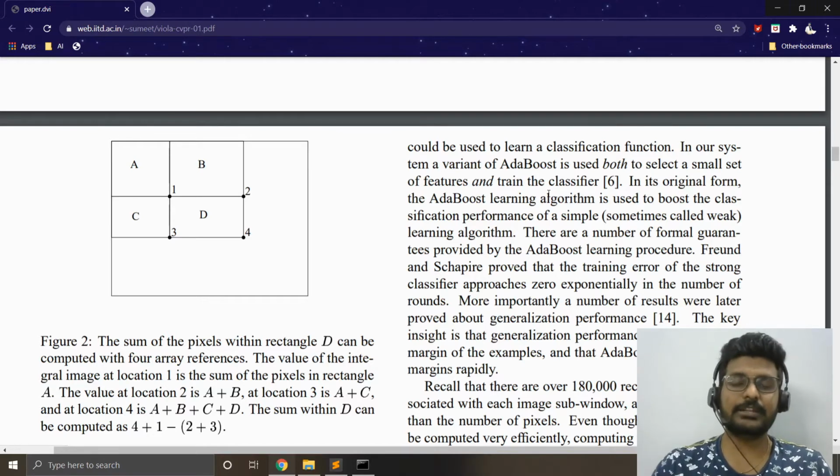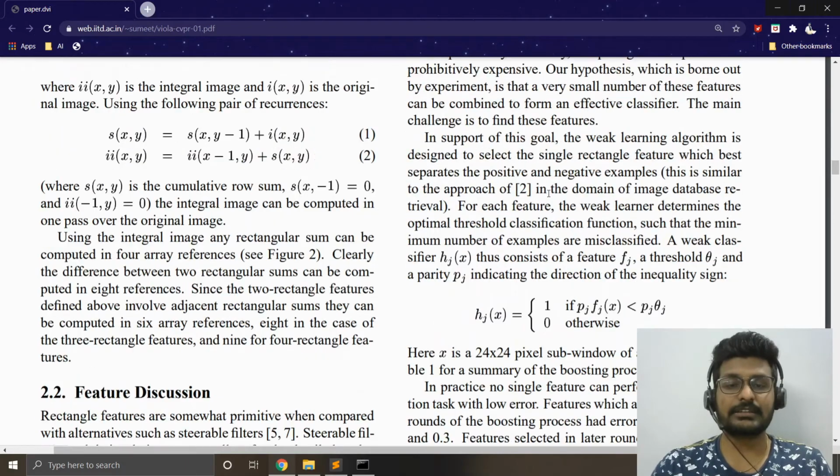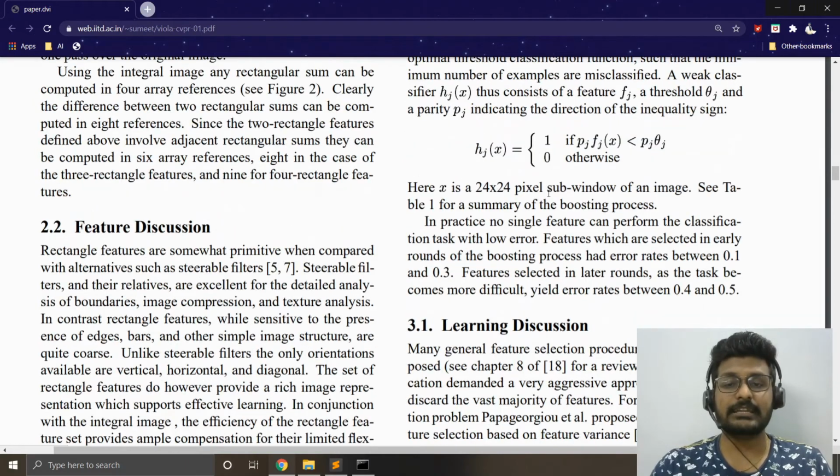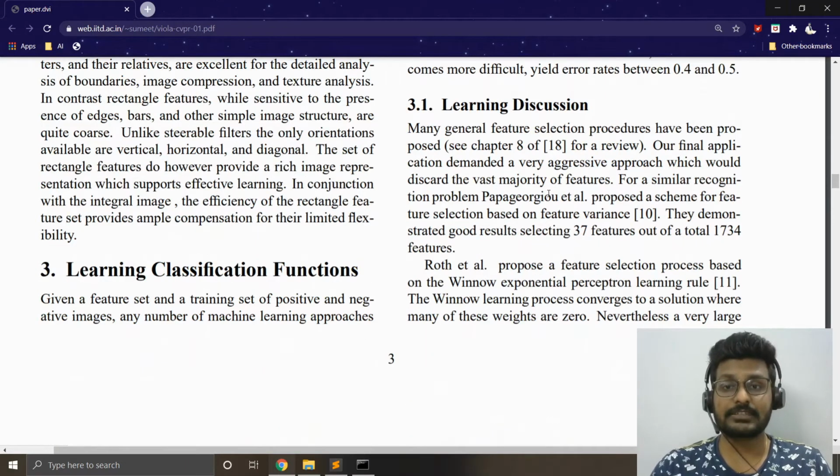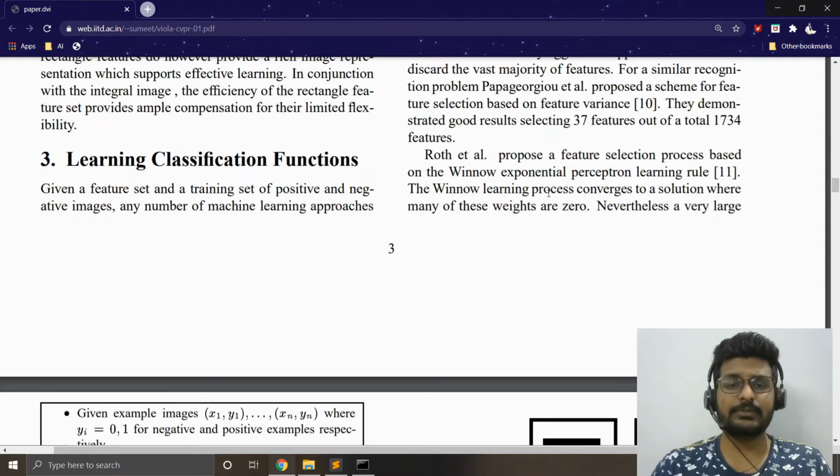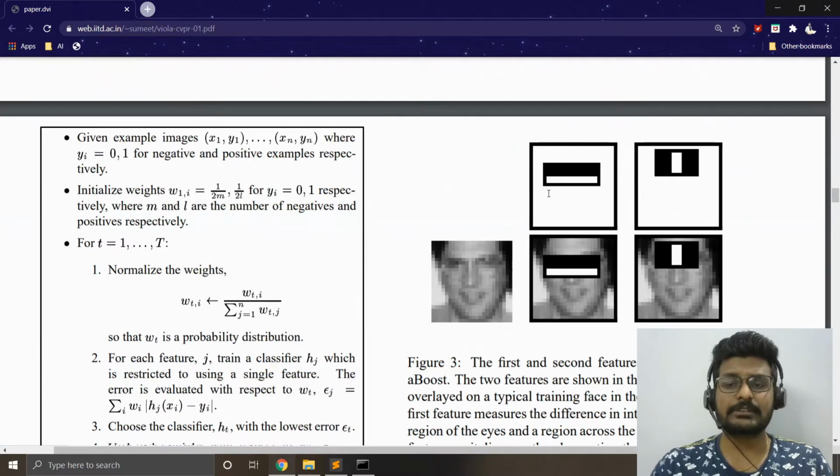But even when they achieved this kind of speed, even though we have more features, let's say 1,60,000 features, we might have a feeling in mind: are these 1,60,000 features really important to detect a face? That's a big question mark. So that is where Viola and Jones decided to investigate how we reduce these kinds of features, because obviously we don't want this many features to detect a face. So that's where they introduced a concept known as AdaBoosting.